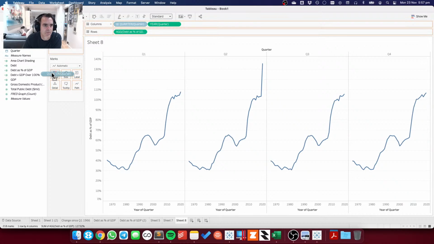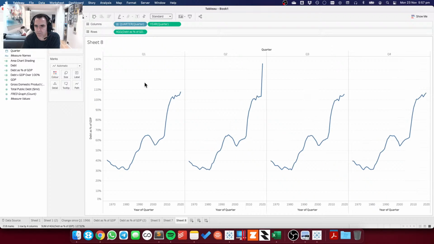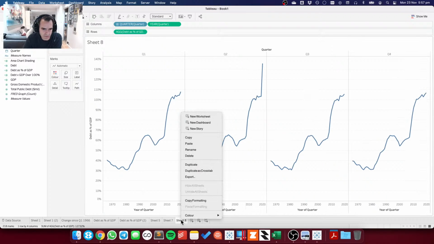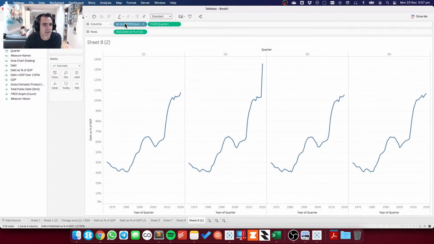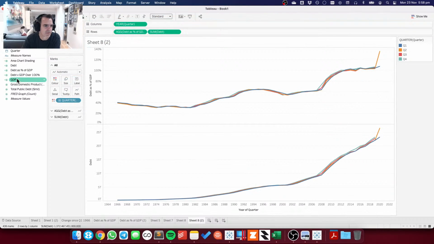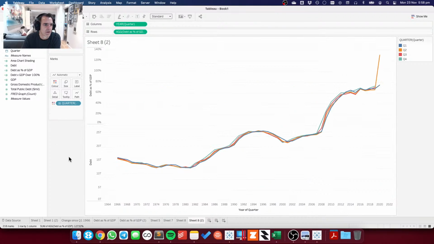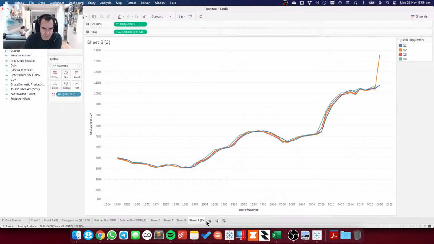So if I take quarter and put it on color, you'll see they all sort of follow the same pattern. Okay, so nothing particularly bad there. So I'm going to duplicate that and move the quarter to color like I just showed a second ago. So they all follow about the same range except for this big outlier here at Q2. Now that's, I imagine, largely driven by the stimulus. If I look at the same thing as debt, that follows GDP. Okay, that's what I would expect. Okay, so that's kind of a spark line.